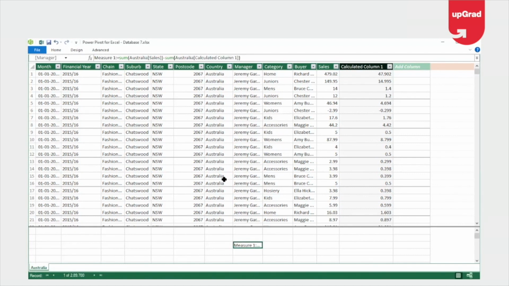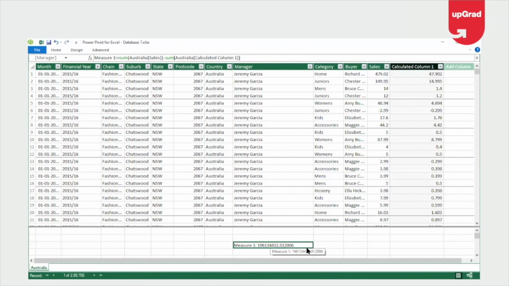Now this becomes my new measure here, and if you want to see the calculation, you can easily see that. Now this gives me the sum of sales minus the sum of the calculated columns, and this is the total that you get here, which is fine. You got a perfect answer that you were looking for.